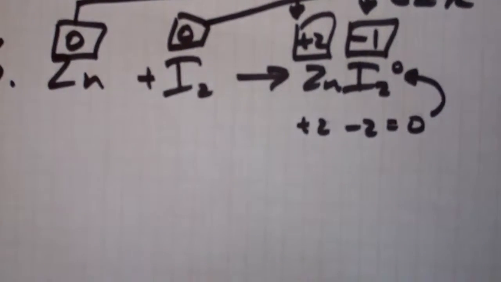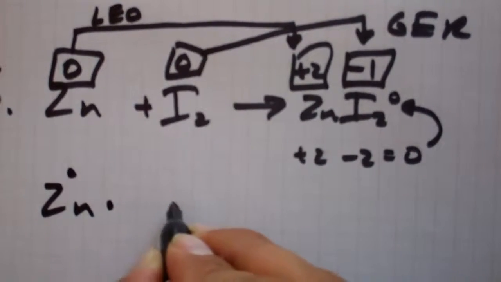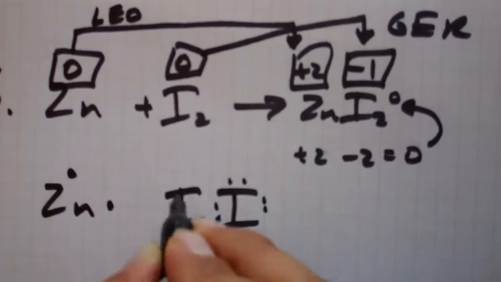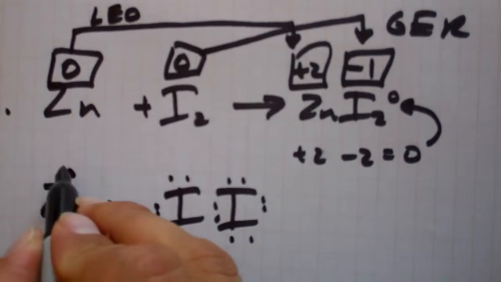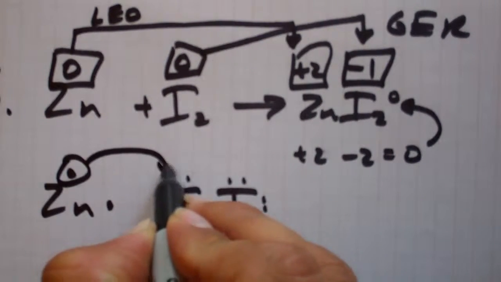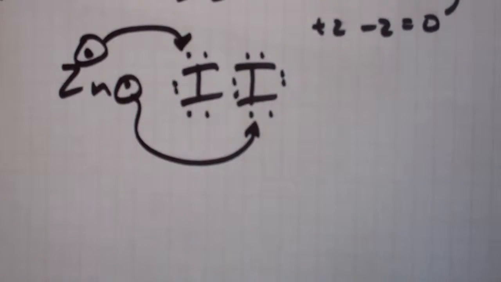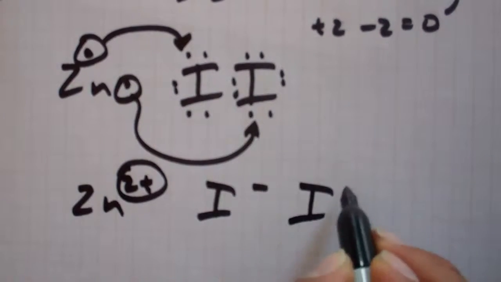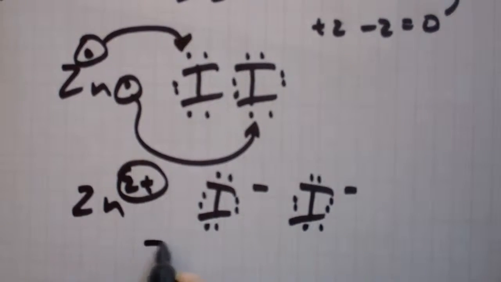And we know that because if we were to think of it in terms of Lewis dots, zinc and iodine, this is the way they are. They're all bonded, everyone's happy. Zinc gives one electron to one of these iodines and another one to the other one. And that forms Zn2+ and 2 of these iodide anions, and they stick together to form an ionic compound, ZnI2, when there's no